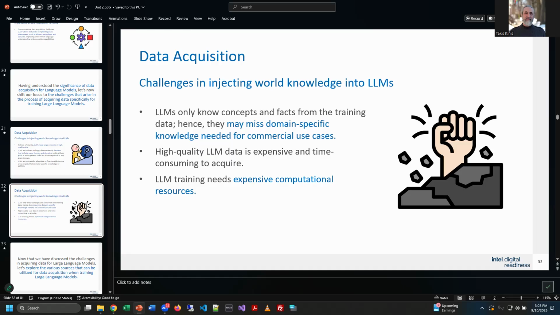So the models only know concepts and facts from the data, right? So when it gets into specific use case scenarios, it might miss certain things. And what they're talking about here specifically is commercial use cases. For example, if you're using the large language model to help you with, I don't know, setting up documents for Gateway Technical College, if it doesn't have all the information from Gateway, because it only has public information, it might not do Gateway's work correctly. But if it had access to Gateway's policies and procedures, it might, right?